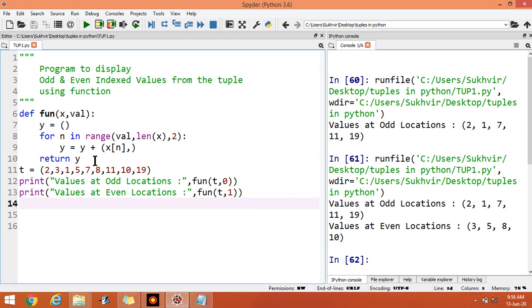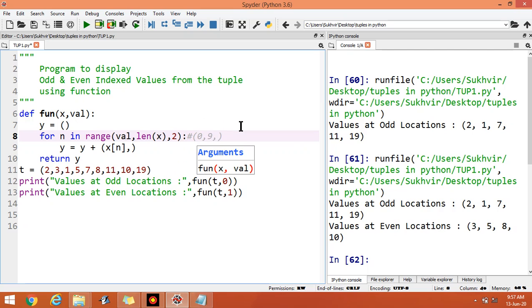Now, the first step is x is a tuple and second is value. Value is the starting point from where we have to start executing the content. Suppose in first case this value is 0, and for length of x, look at the length: 1, 2, 3, 4, 5, 6, 7, 8, 9. 9 values are there.